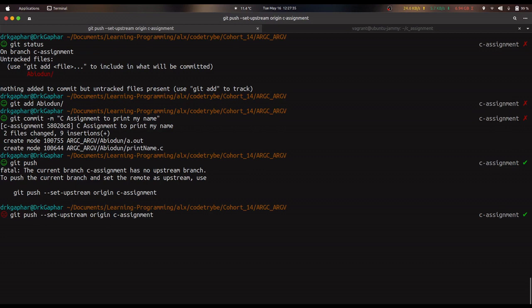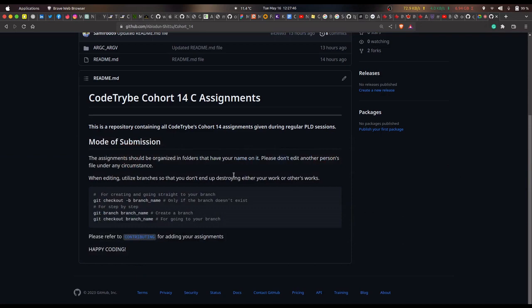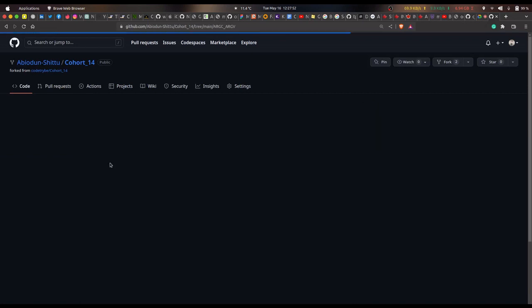That is because this is a new branch that was created locally. It is not yet present on the GitHub interface. Now it has pushed. So let's go and confirm that what we pushed is already present on GitHub. So if I go inside this argv